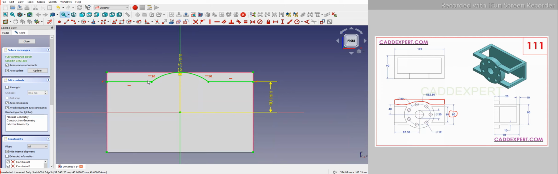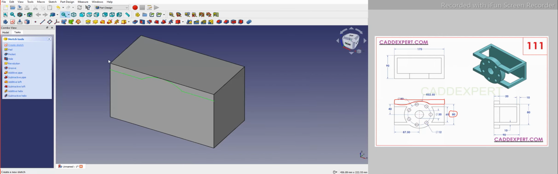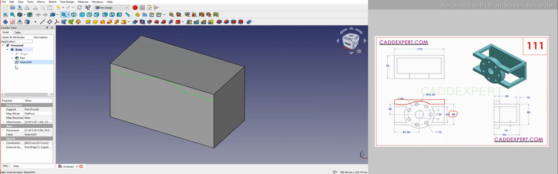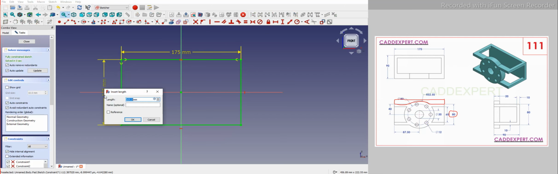So here the maximum height we have selected here 105. So for better material removal purpose, I will make my height more. So I will go in pad and then sketch. Instead of 105, I give 110,